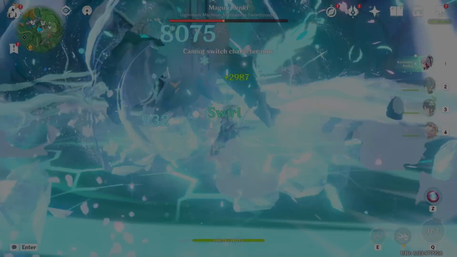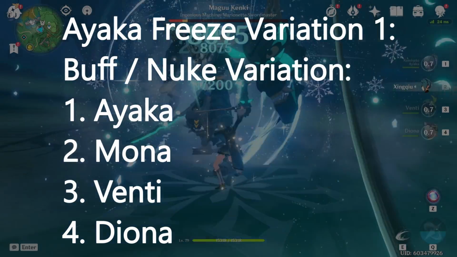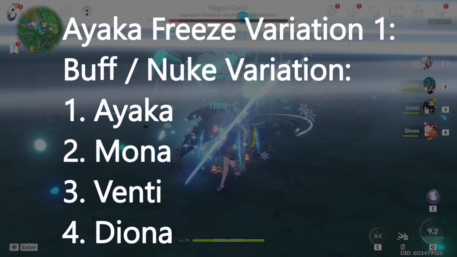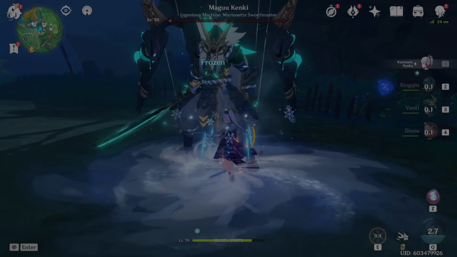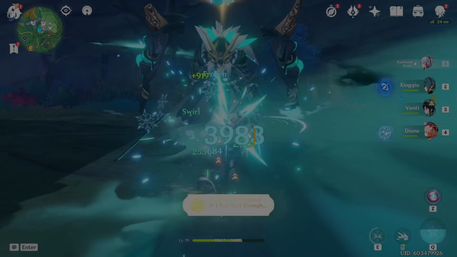Now let's talk about the first variation, which I like to call the buff variation, where you swap out Xingqiu with Mona. So in this case, instead of having Xingqiu as a sub DPS, you're having Mona to further buff Ayaka's Q. So compared to the comp before, this one's advantage is more damage on Ayaka's Q. However, the